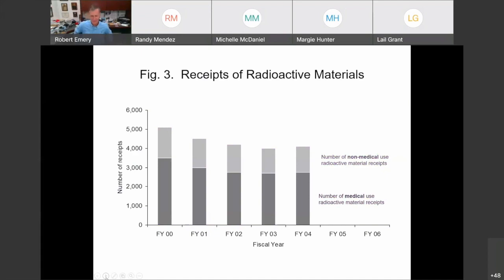But here's the problem. After the experience with Carolina, I told Peter, I can fix this graph for you, but you better be able to answer a really important question. He says, well, what do you mean? I said, if I'm the administrator looking at this graph, I'm going to say, great, how many radiation safety people can we get rid of? So you might be prepared to say, yeah, we're seeing a decline in the use of radioactive materials, but we're repurposing these people to do X, Y, and Z. Be prepared to answer those sorts of questions.